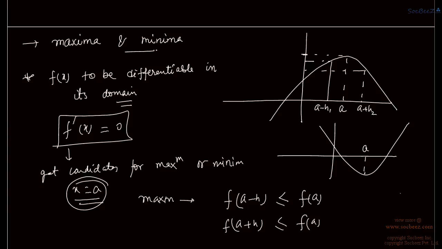The sign of equality holds as h tends to 0, because the function is continuous at this point. So equality will hold at that point,